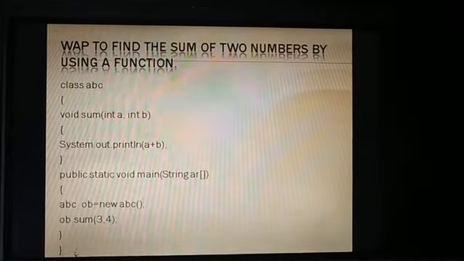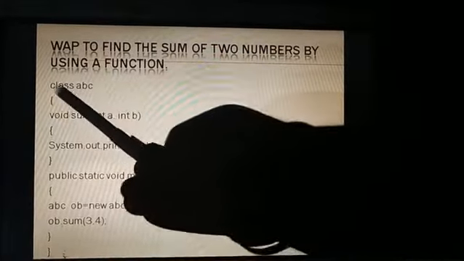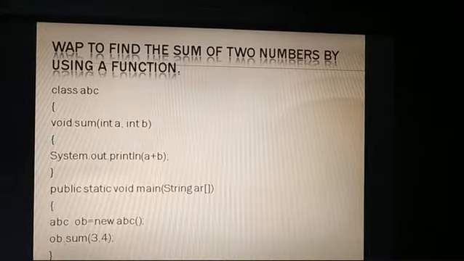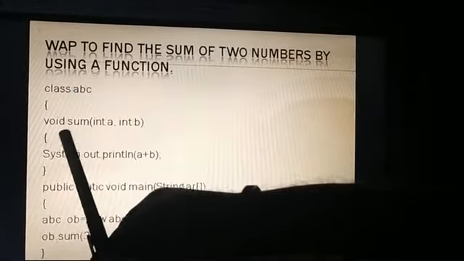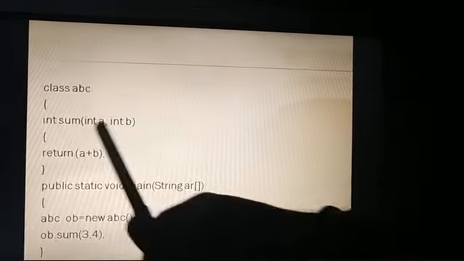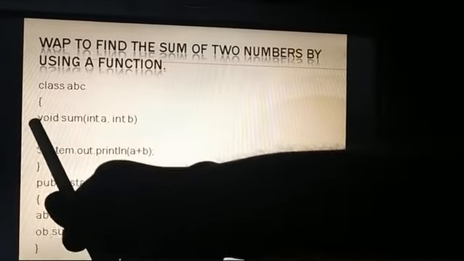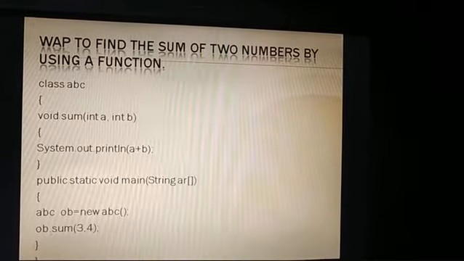Now you see the next one, int sum here. In the previous question it is void sum, but in this question it is mentioned int. In the previous question void was mentioned, so that function returns a null value, negligible value.